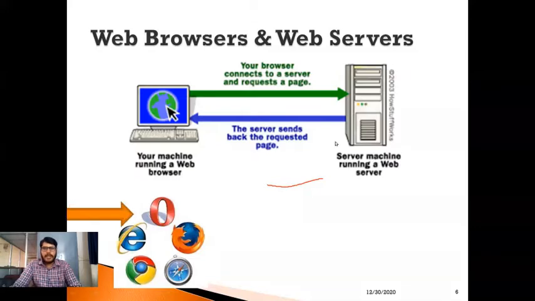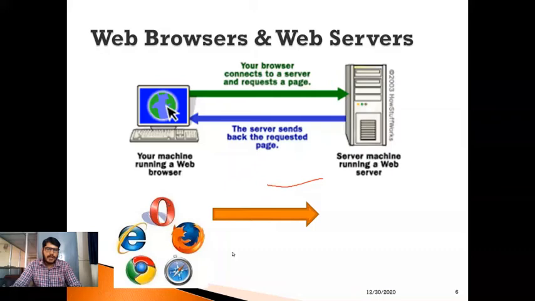So let me make it very clear here. We may use certain web browsers, as you are able to see here, like Opera, Internet Explorer, Google Chrome, Netscape Navigator, Mozilla Firefox, etc. With the help of these browsers, we send requests to the server.